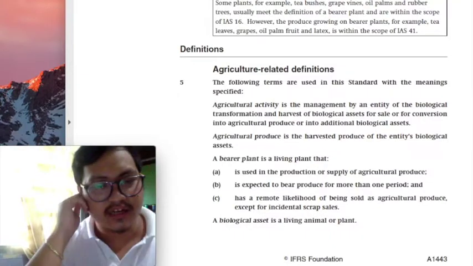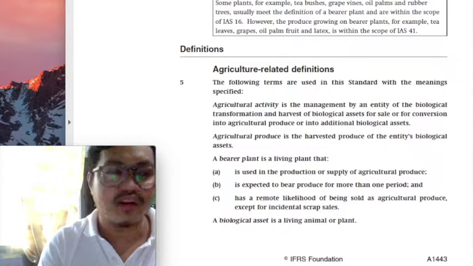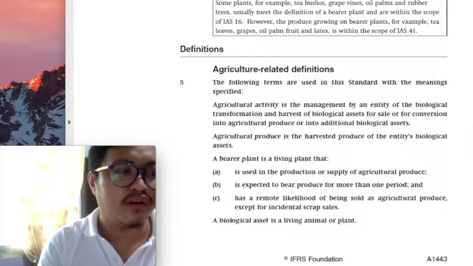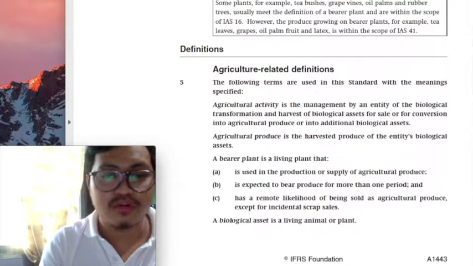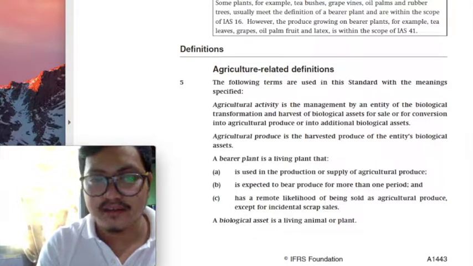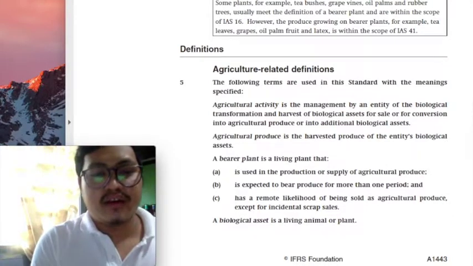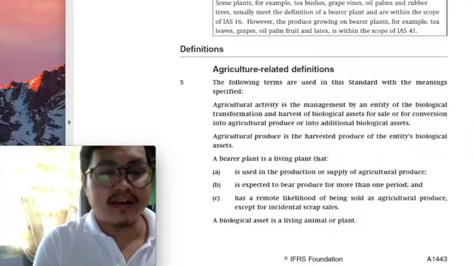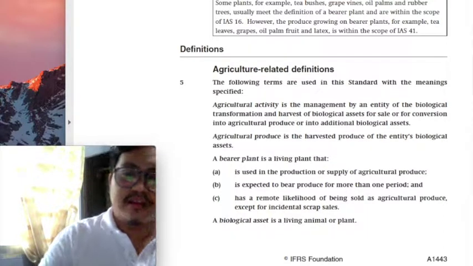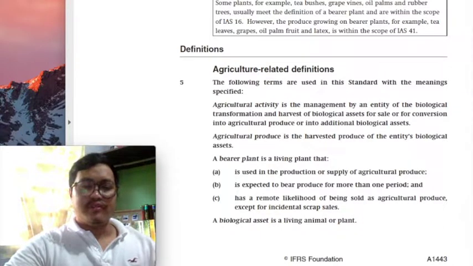But please understand that the use of the animals in a zoo, class, is not to produce agricultural products, nor are they to be grown for the purposes of their meat and other related products, but simply for display. The service you offer is for recreation, and therefore even an animal can be considered as an item of property, plant, and equipment. That's a very important point or concept, class. Please remember that.